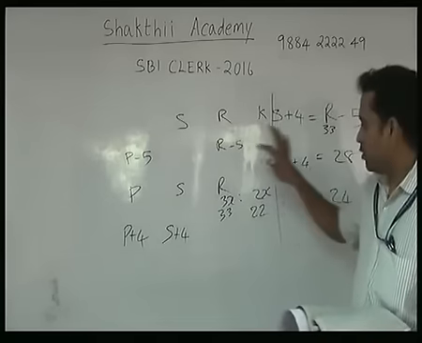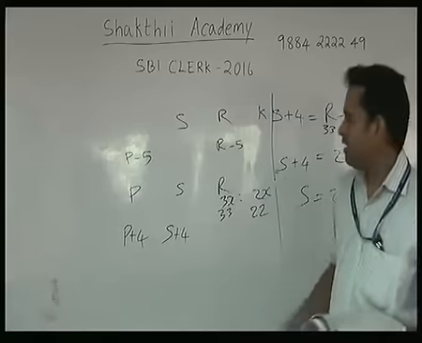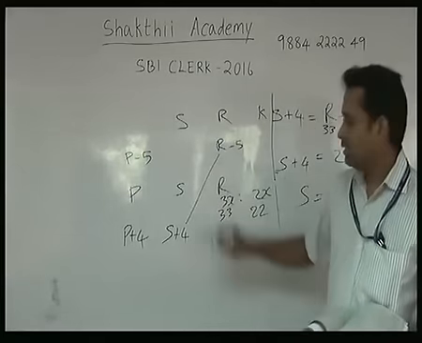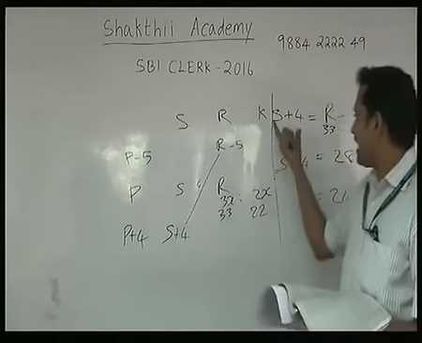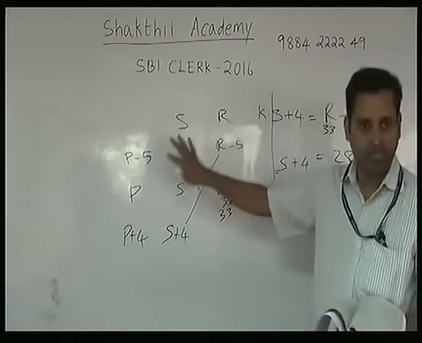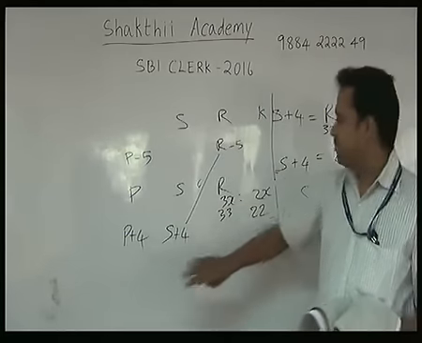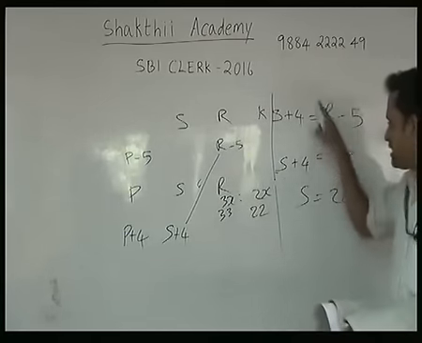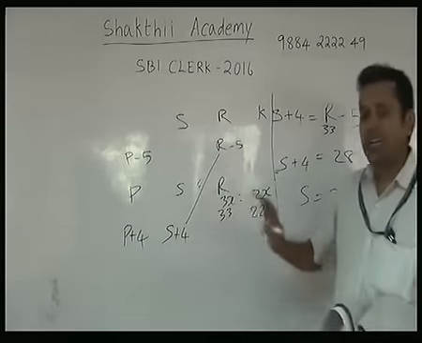See, for this question, you may be thinking a lot of things are written here, right? Actually, they have given that these two things are equal. That is what is given. Without writing all this, you can write directly like this. So this is for your understanding only. No need to write all these things. If you want to write and do the sum, only these steps are required. All these steps are not at all required. But this is for your understanding.